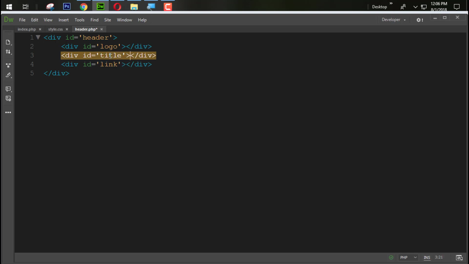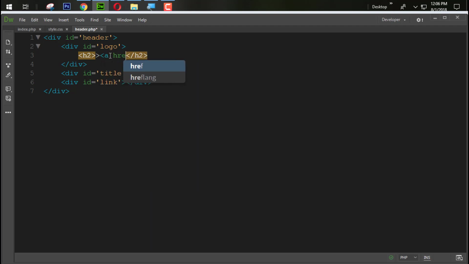Okay, so now we are going to design that one with the h2 tag, with href equal to index.php, and here Azaz